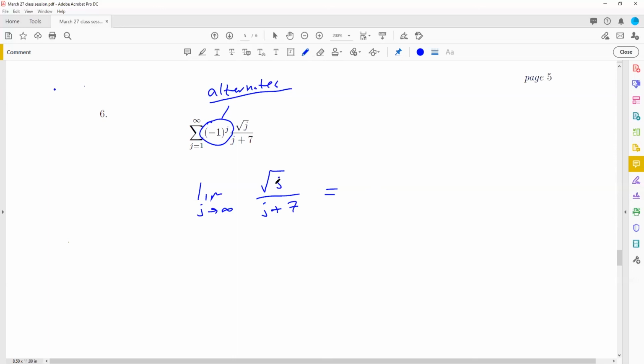Which is bigger, j or the square root of j? j is bigger, so that's going to be 0. So it's an alternating series, and these other terms go to 0, and they go to 0 monotonically, meaning they're decreasing terms. So that means it converges